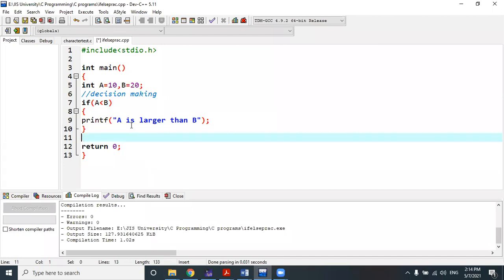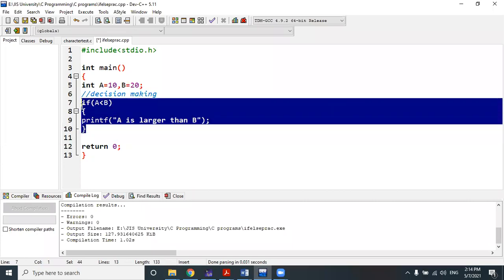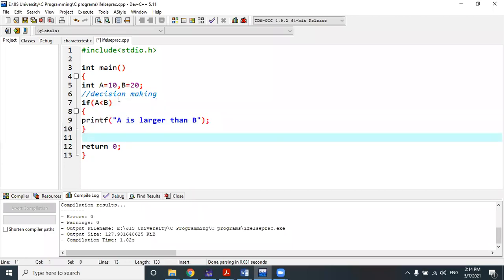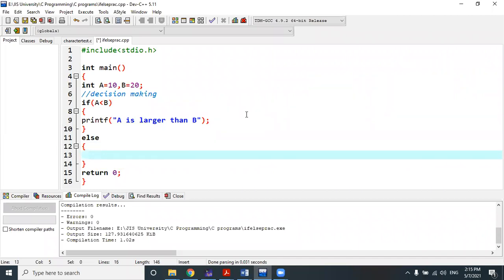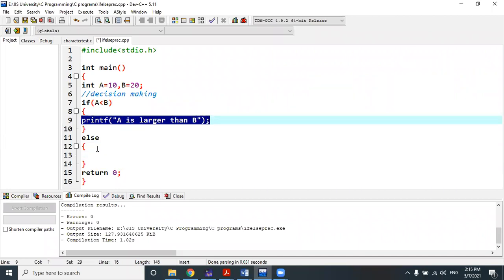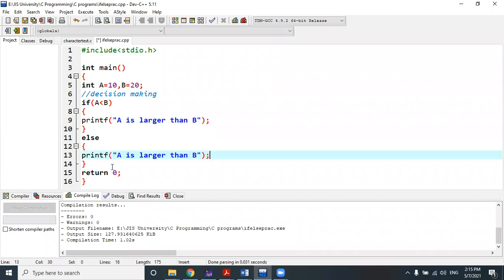But if we are not giving an else part, that is illogical. If one condition does not hold, the other condition should hold, and otherwise it will give a blank screen. We should not accept a blank screen as the output of our program. So we have to give an else part here.